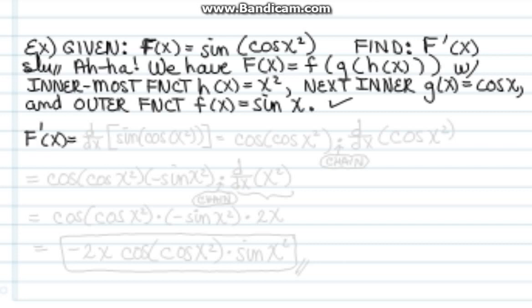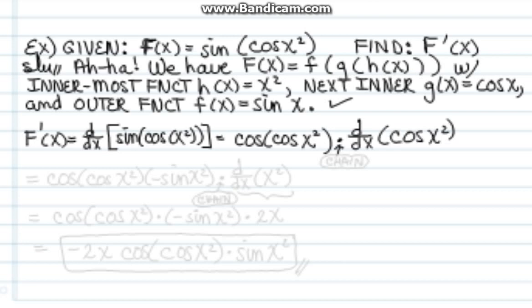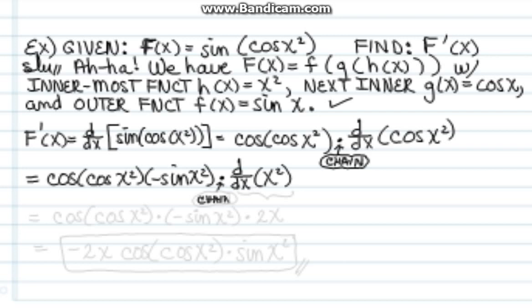F prime of x is equal to the derivative with respect to x of sine of cosine of x squared. That's equal to, now take the derivative of sine with respect to cosine x squared, you get the cosine of cosine x squared. Then hit it with the chain rule, the derivative of the inner function, cosine x squared. That is equal to the cosine of x squared times negative sine x squared, that's the derivative of cosine with respect to x squared. Hit it times the derivative of the inner function x squared, a second application of the chain